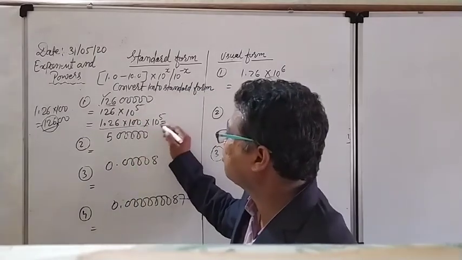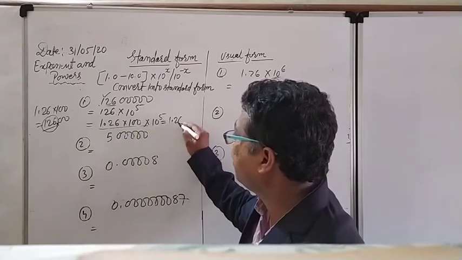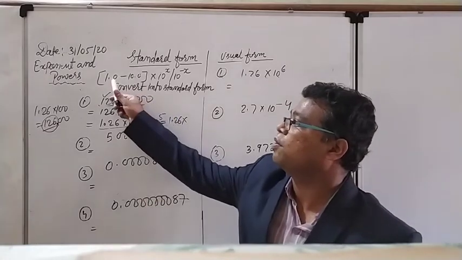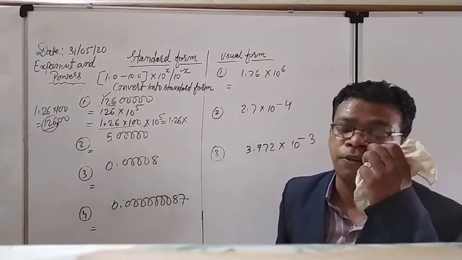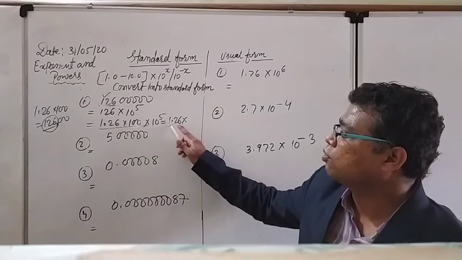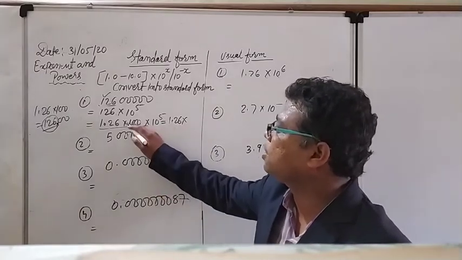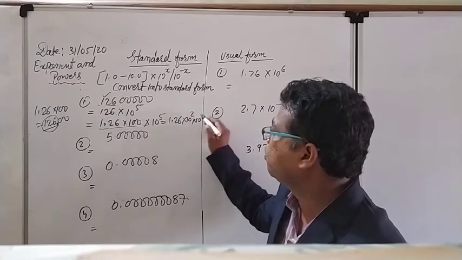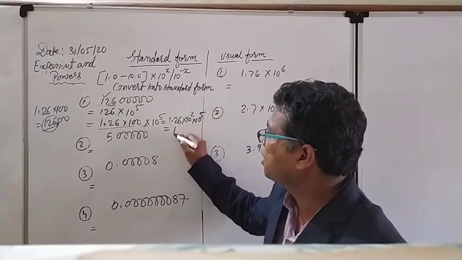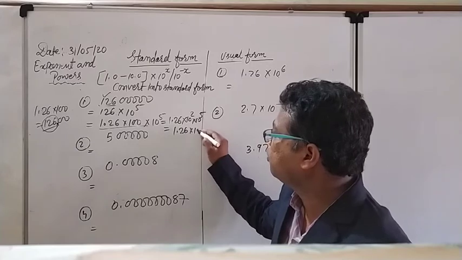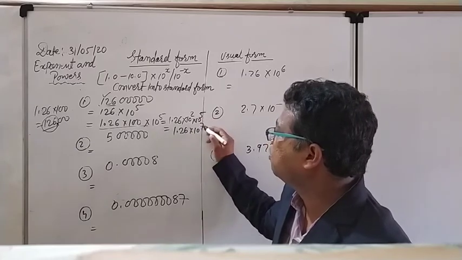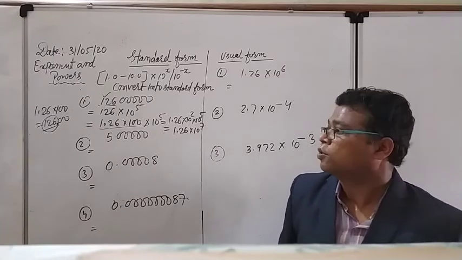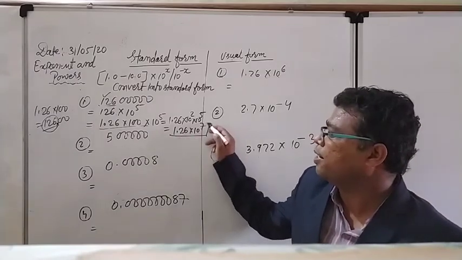And right now see this particular thing, 1.26, it is coming in that particular range, 1.0 till 10.0. So that was actually my problem. Right now this 100 can be written as 10 square and already 10 to the power 5 is there. So what is my answer? 1.26 into 10 to the power, that 5 and 2 will become 10 to the power 7 according to the exponent rule. So directly I can write down.